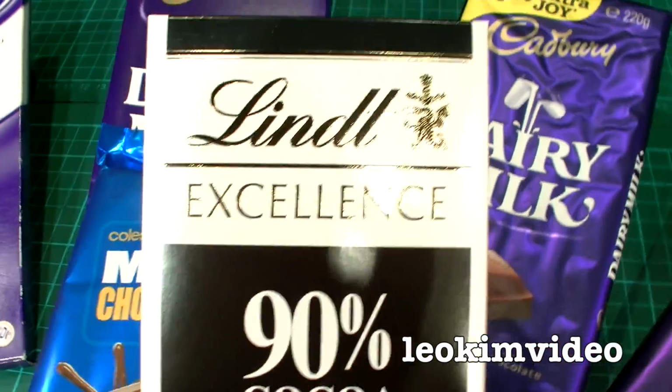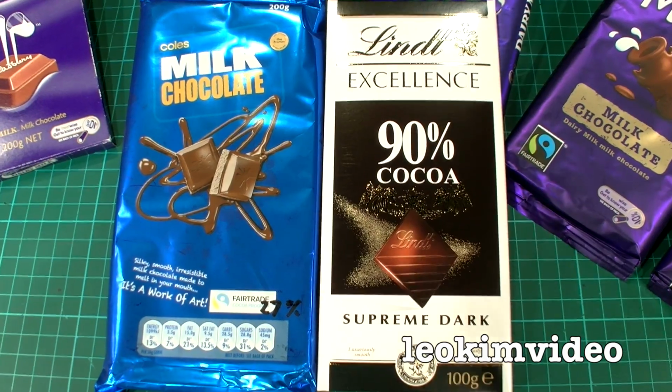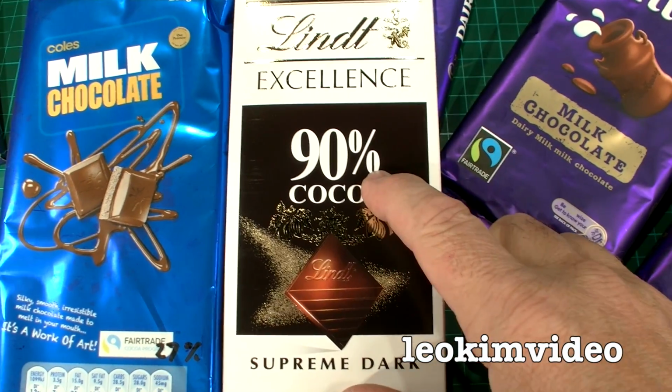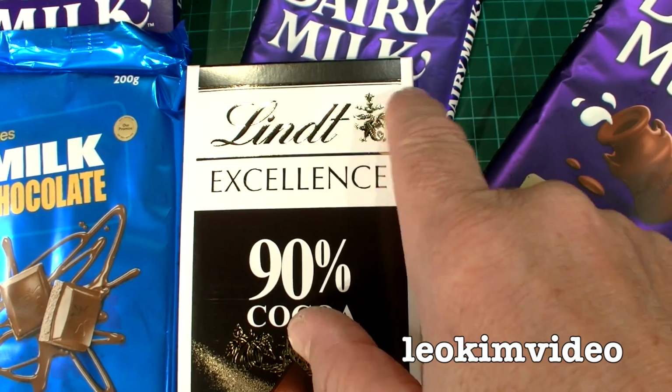I tend not to buy it at its full price because it is fairly ritzy, but hey, it's a top shelf product. And you may be wondering, well, how much cocoa is in this Lindt chocolate here? Well, it's got 90%, but there are different percentages depending on which block you buy. What I like about the 90% cacao is you only need a couple of small pieces and it gives you